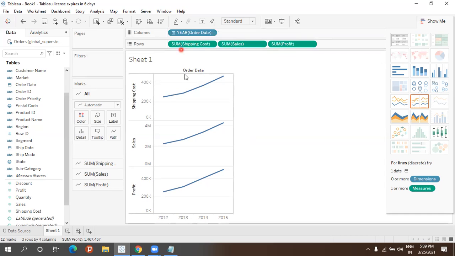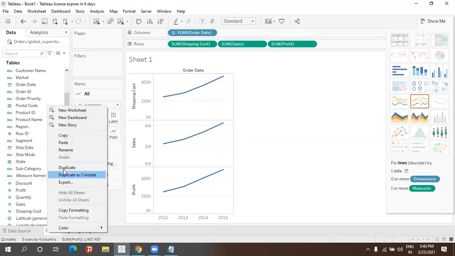And then where I'm creating charts for three different measures without using measure names. Without measure names, if I want to show them, I can use this one.